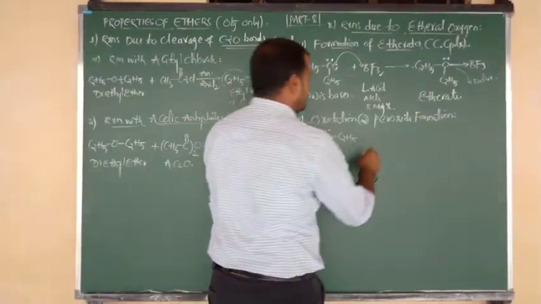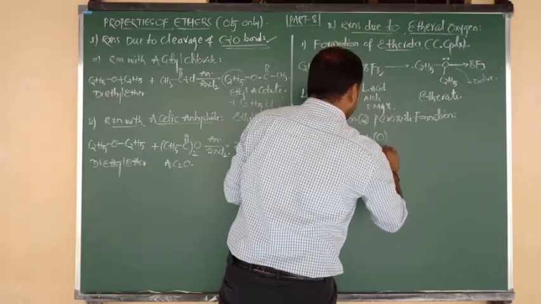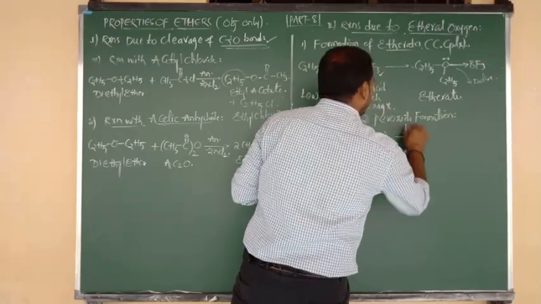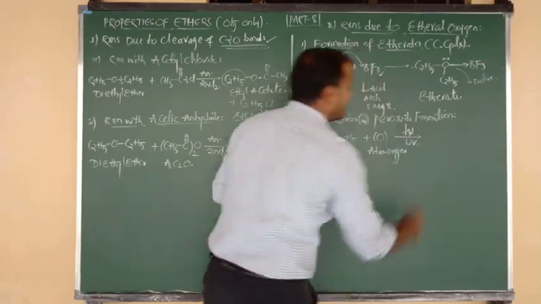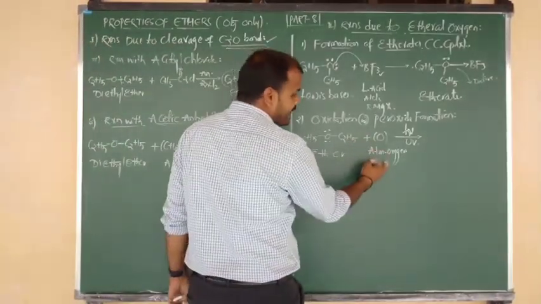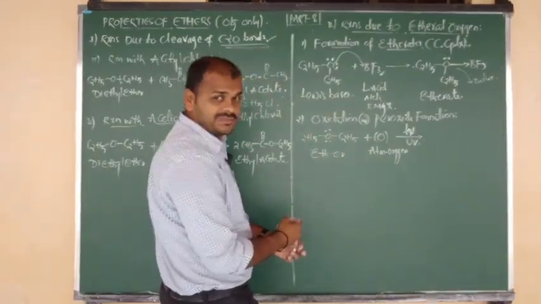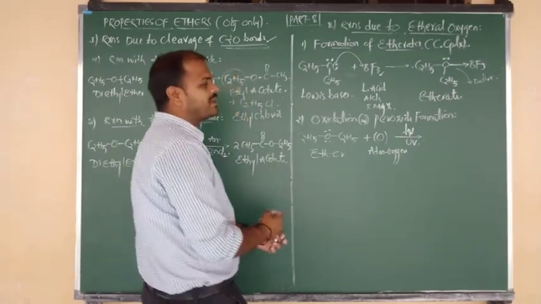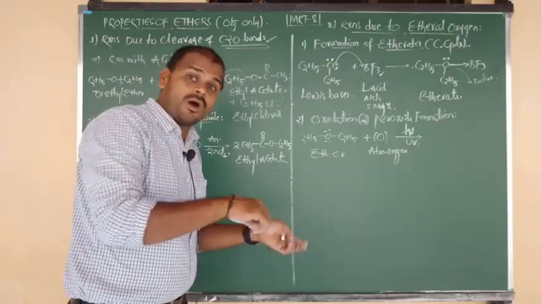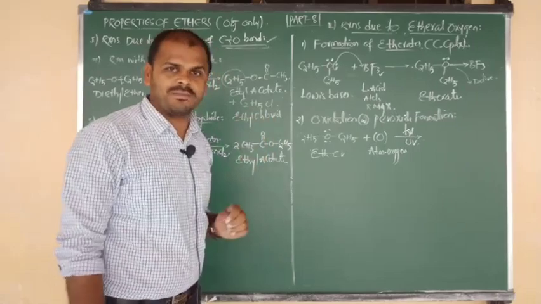upon oxidation with atmospheric oxygen in presence of sunlight, and also we can denote UV, as you wish. So ethers upon oxidation by air, or we can say by atmospheric oxygen in presence of sunlight, again the same thing, coordinate covalent bond formation takes place, but that bond forms between oxygen and oxygen, that is, peroxide formation will occur.